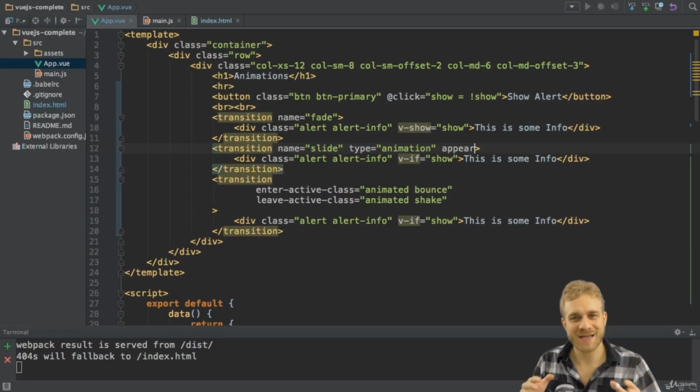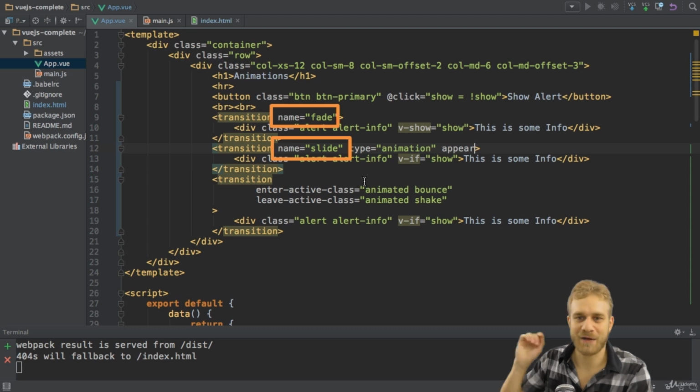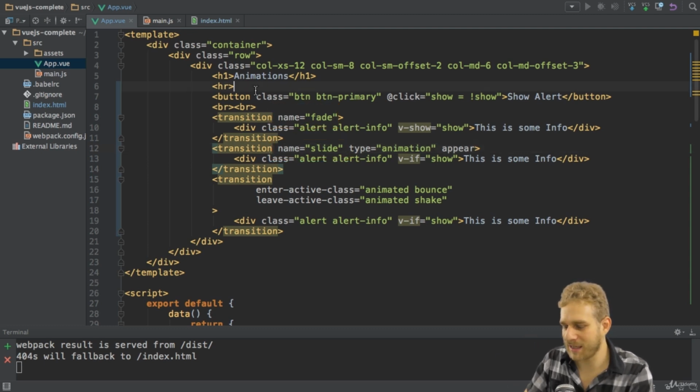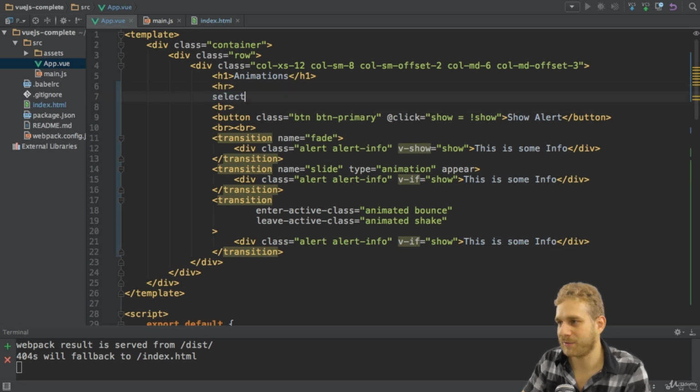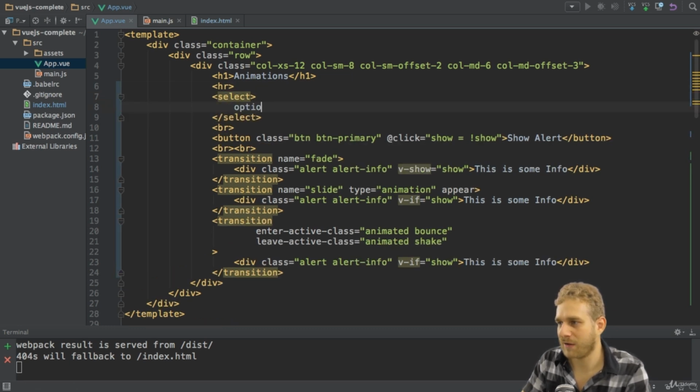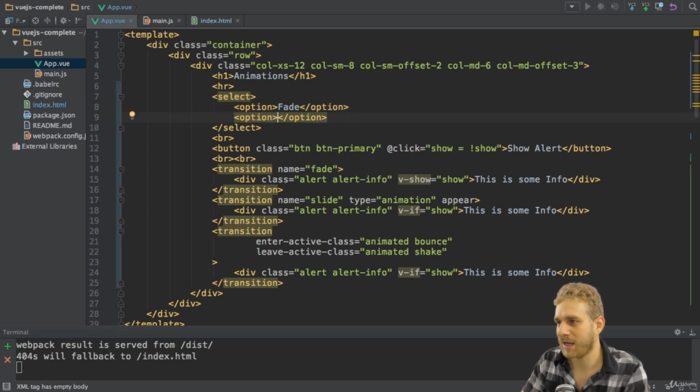Now, before moving on and seeing the transition from one element to another, let me conclude this first basic introduction here by showing you that name here doesn't have to be static. You don't have to hard code it here. Indeed, let me add a line break here and add a select up here, the select control. And I want to have an option to switch between the fade and the slide animation so that we can